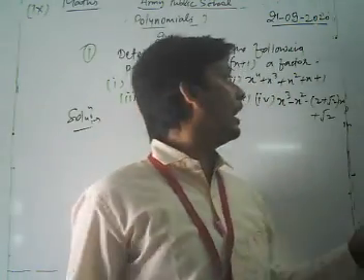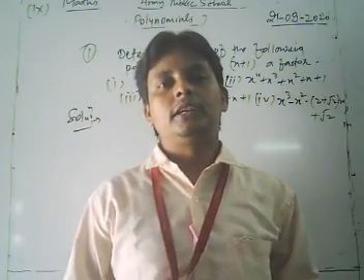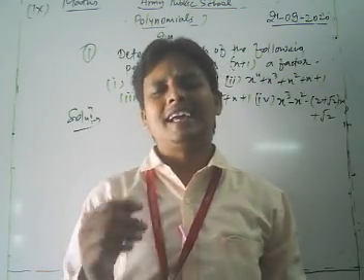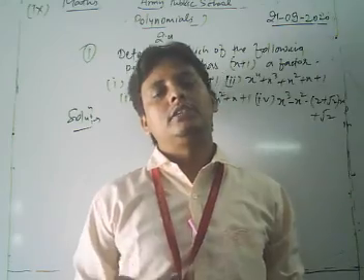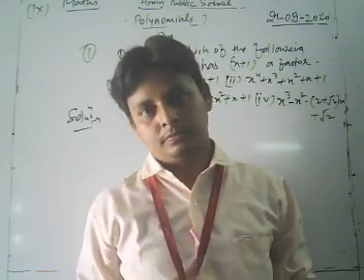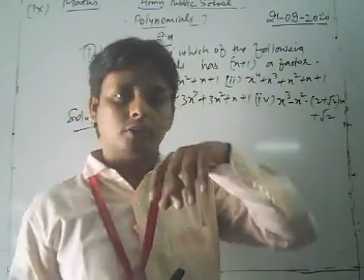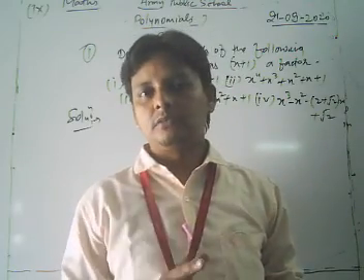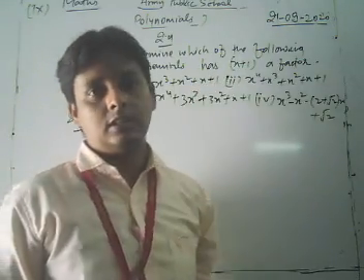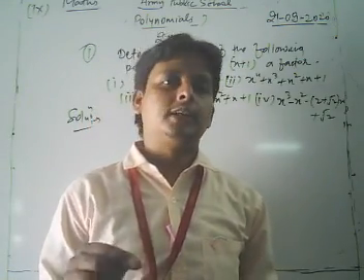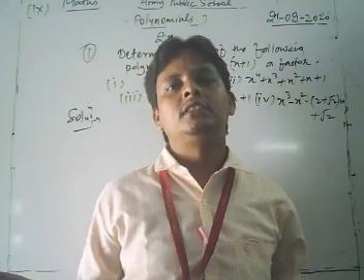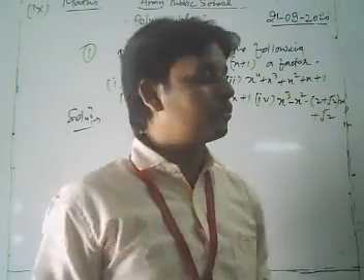1 as a factor. As I just discussed, if x plus a or x minus a is a factor of the given polynomial, then by the help of the factor theorem the remainder must be equal to 0. So in each and every part of this question we find the remainder, because to check whether x plus 1 is a factor of the given polynomial or not, we find the remainder. If the remainder is 0, then we can say that x plus 1 is a factor of the given polynomial, otherwise it is not a factor. Now let's see its solution.